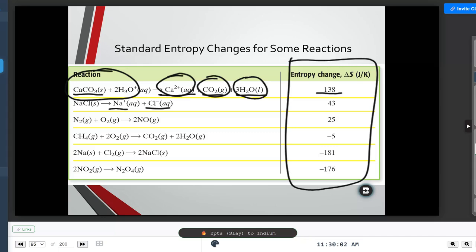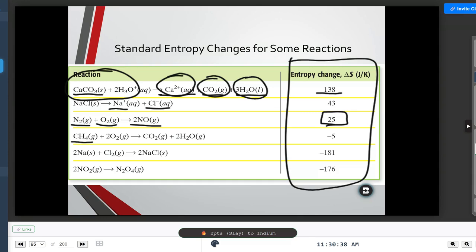Now, this one is a little interesting because we have 2 particles here, but we still end up having 2 particles here. And our entropy is still positive, which means we are still dispersing the energy to some degree, even though we have 2 particles in both situations. Now, what exactly is happening here? Well, we might have to look at some various different factors to figure out why. But in this case, we can at least experimentally see that we are dispersing that energy. It might have something to do with the overall masses, the speeds of the particles, things like that.